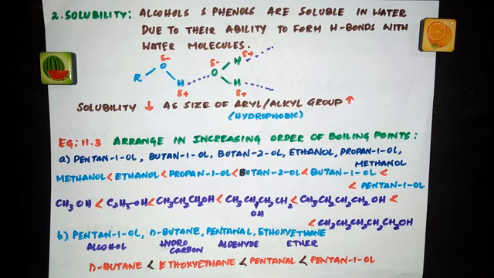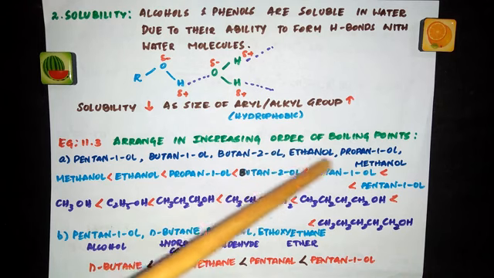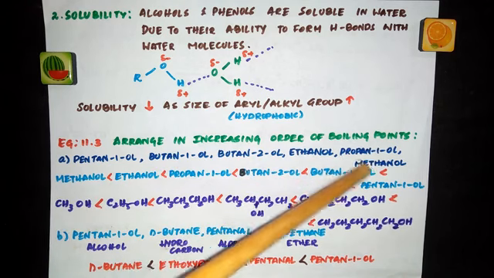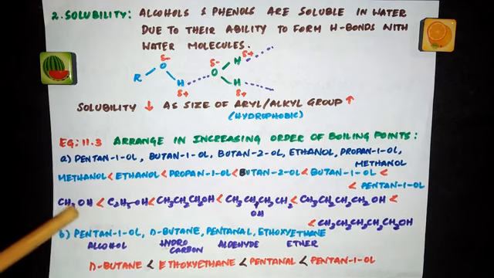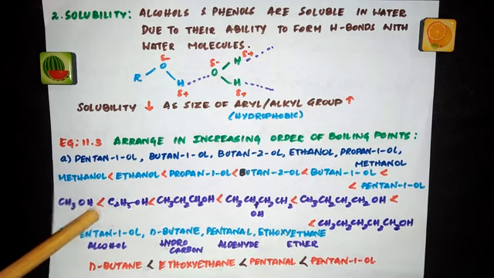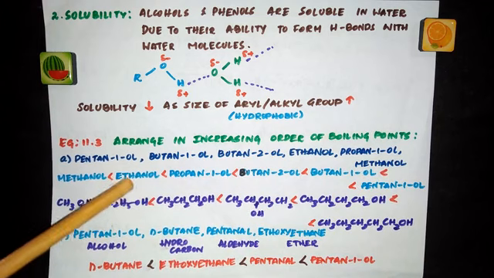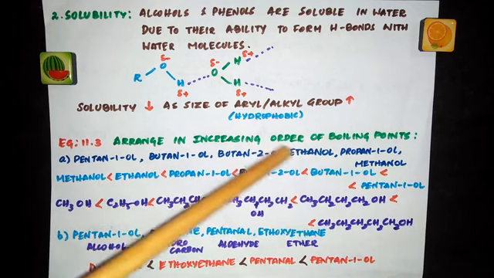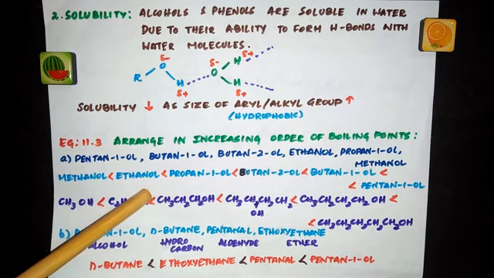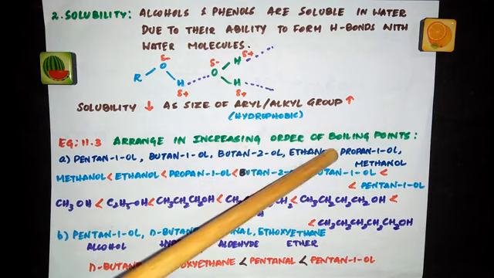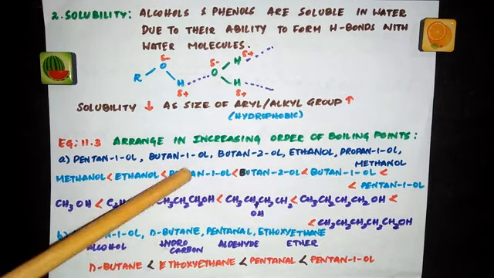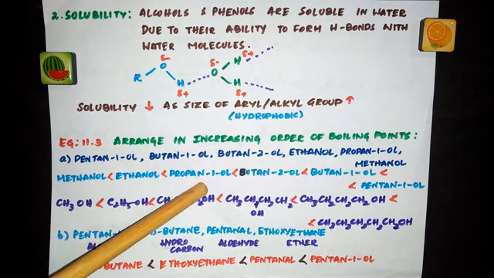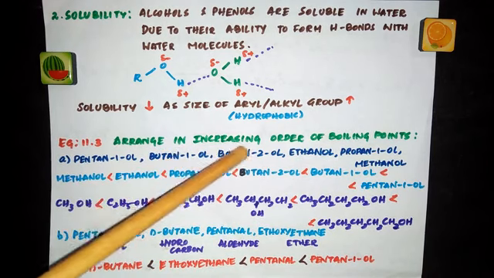The lesser the number of carbon atoms, the lesser the boiling point. So out of these, which has the least number of carbon atoms? Methanol. So first write methanol with the lowest boiling point. After methanol, we have 2 carbon atoms in ethanol. Where is ethanol? Here it is. So write ethanol. Now the 3 carbon compound is propanol, so that has the next higher boiling point. Now coming to 4 carbon atoms, butanol.